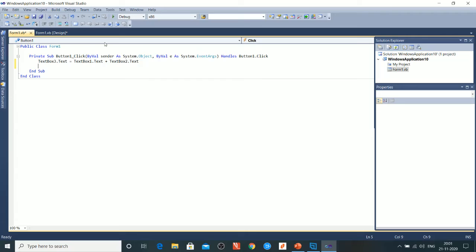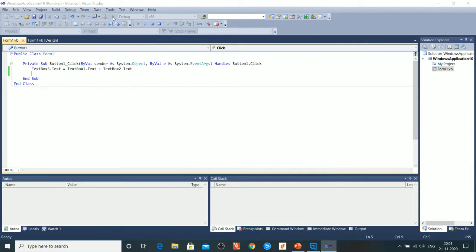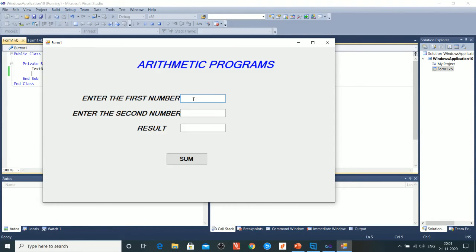Now I wish to run the program. Let us see how the output can be displayed here. I just run the program. So let us enter the first number as 1. Then enter the second number as 2. Then we just click the sum button. What will happen? 1 plus 2, 3 will be displayed in the result. Let us see what will happen. Only 1, 2, that is the numbers 1 and 2, are joined and 1, 2 is displayed in the